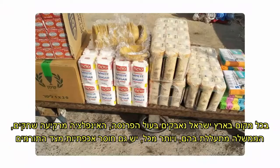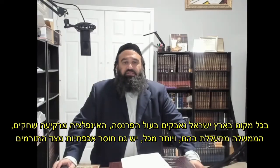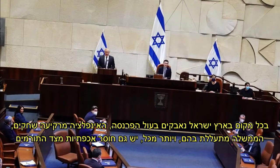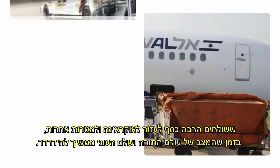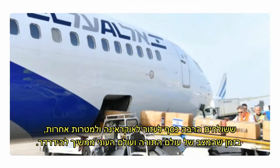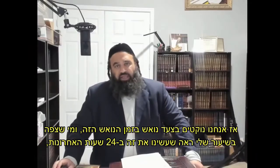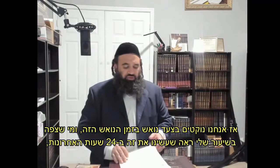Eretz Yisrael are struggling to make ends meet with the skyrocketing inflation in Eretz Yisrael, with the abuse by the government, and more than anything else, by the lack of concern of some of the donors that are out there, where a lot of money is going to help Ukraine and help a lot of other causes, while the world of Torah and the world of poverty continues to get worse. So we had to take desperate measures in these desperate times,